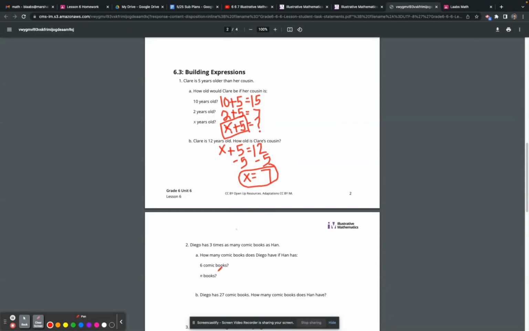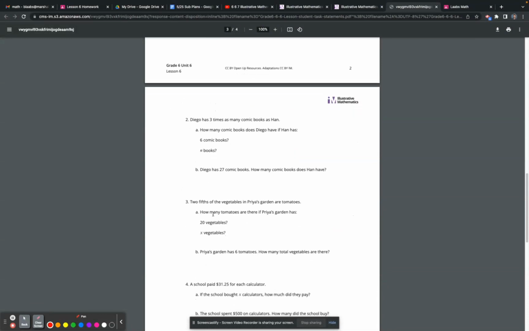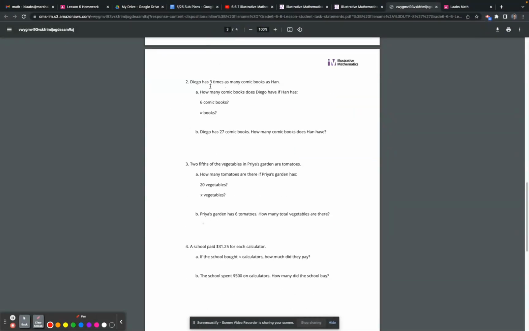Let's take a look here at this Diego problem. Diego has 3 times as many comic books as Han does. So if I go even just to write something here before I even look at the questions that follow, Diego's amount,